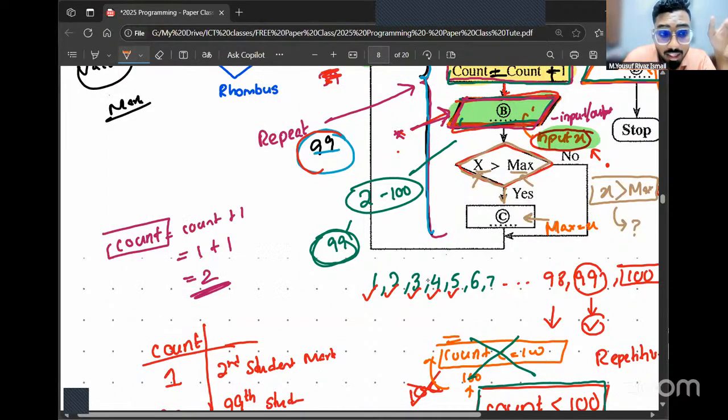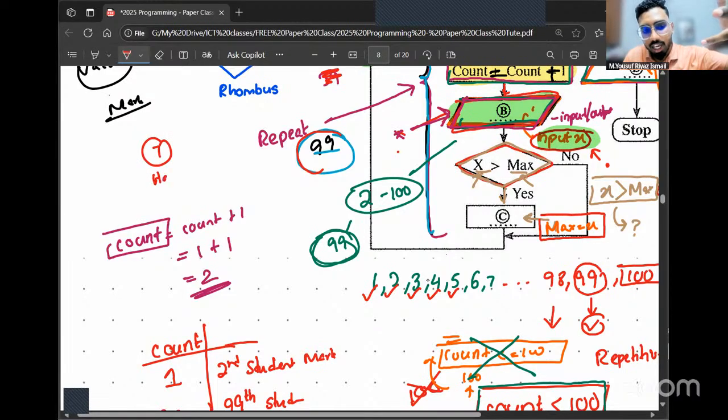We are updating the value of max, not x. x is the value you entered. Why should you go and change the value I gave you? You have to go and change the value of max. Let's say all this time in your head you had 7. When I give you 11, you have to say, okay, hereafter it's not 7. Hereafter the highest marks is 11. You have to update the value of max. Make sense?